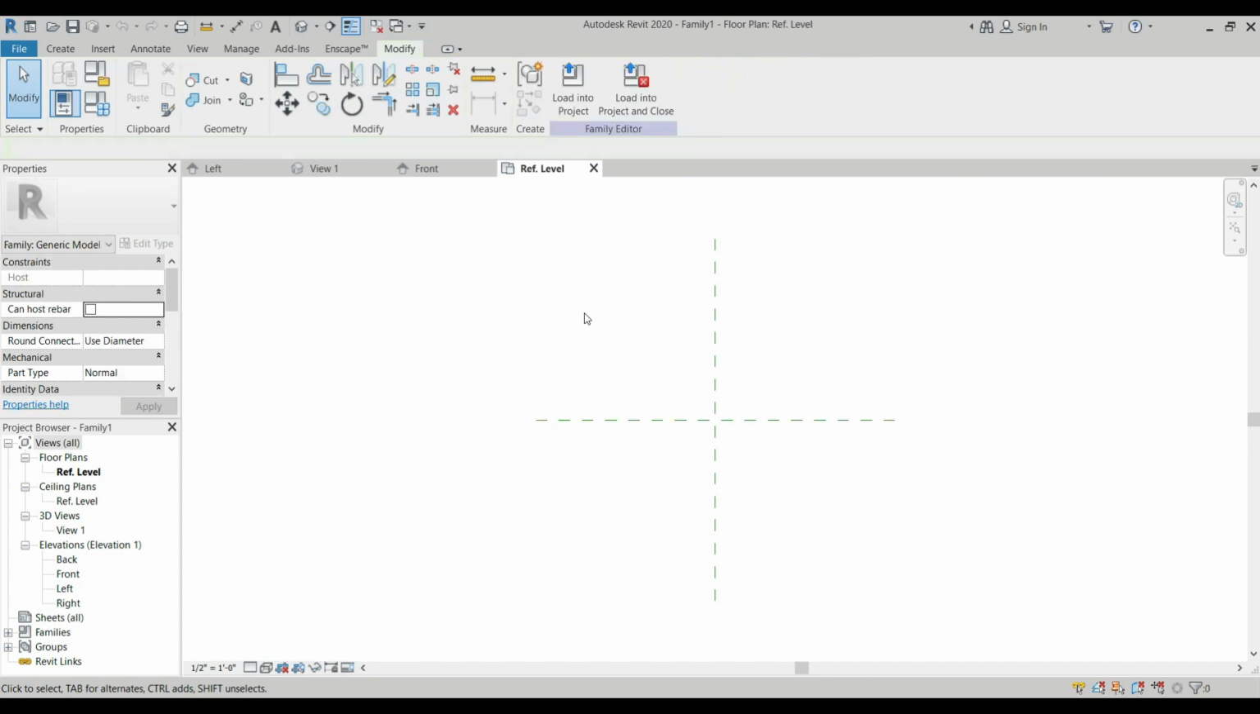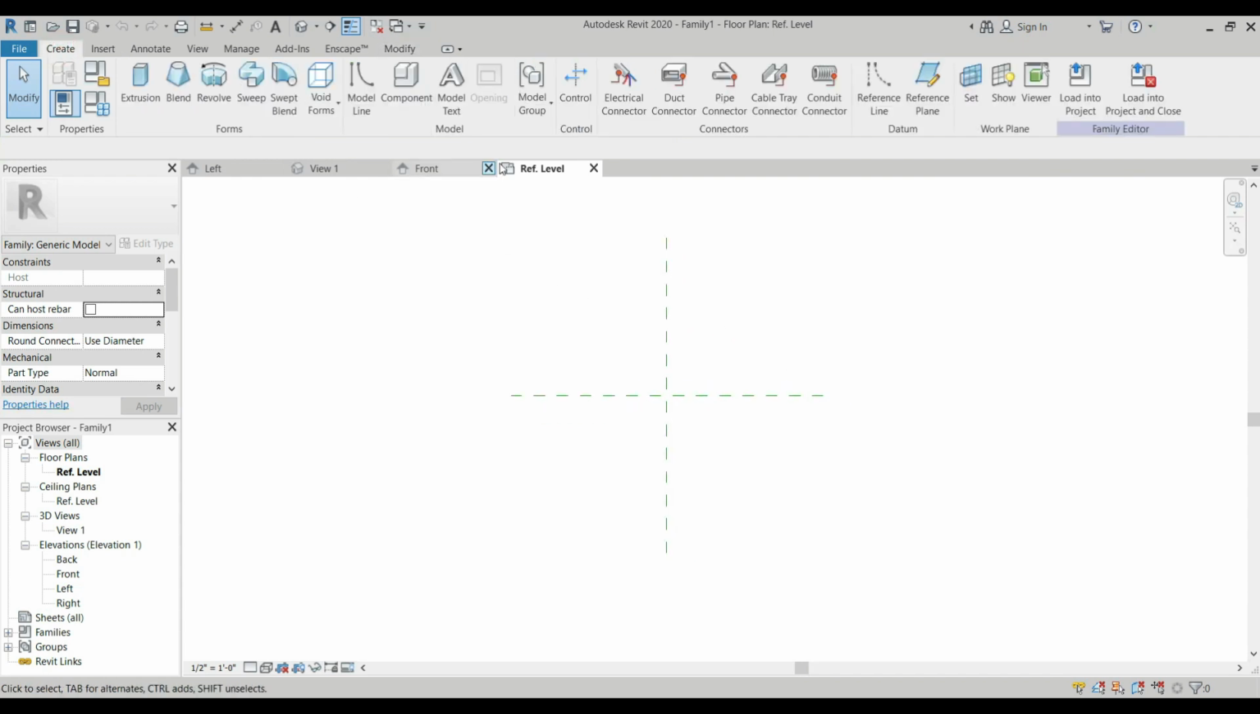For now, we're going to create a cabinet. By the way, here in the ribbon panel, you can see the different tools that you can use for modeling a family. These tools are the same as in model in place. You have the extrusion, blend, revolve, sweep, swept blend, and void forms. Other commands are also the same as in model in place. So, going back,